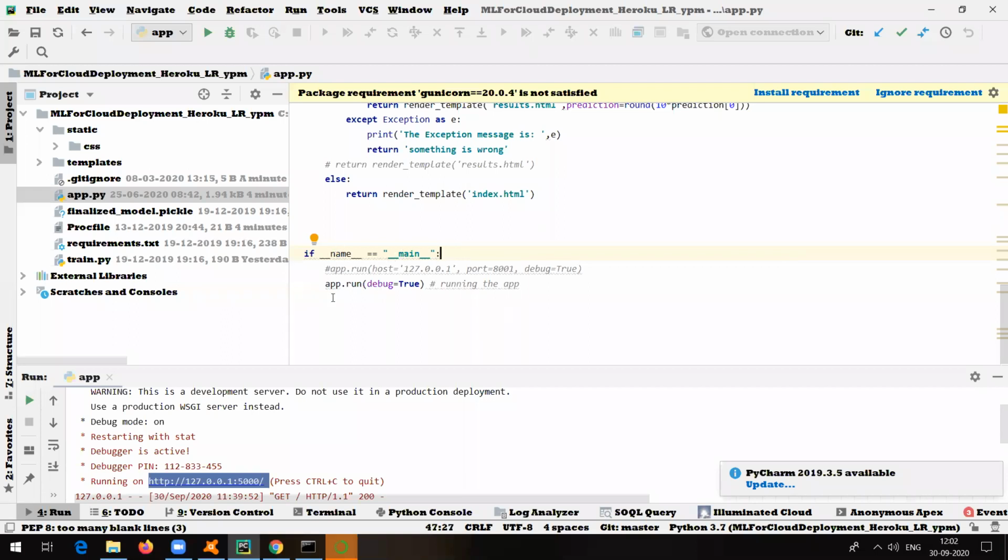If you see this kind of a name, what are we doing? app.run. So app.run is going to run where it is running. In our case, it ran on port number 5000. You can run it on another port number also, but by default, port number is 5000 and by default on localhost. If I just uncomment this line, it will show you port number 8001 instead of port number 5000 like this. Okay, so this is the starting point of the application.